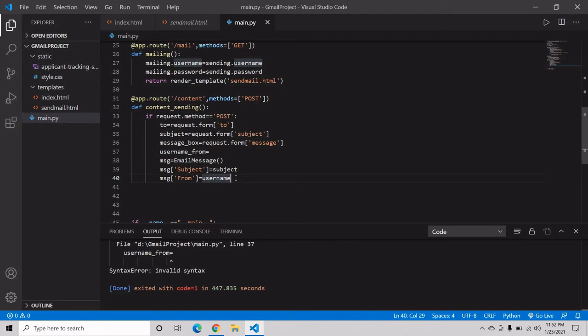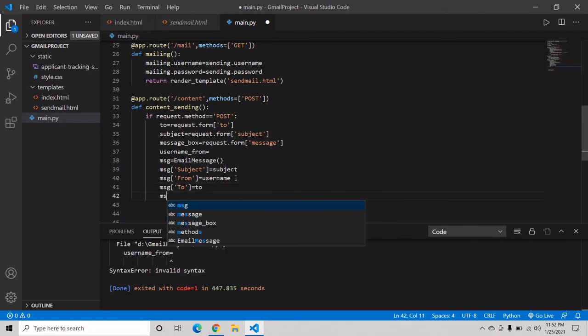Suppose, okay, now we have to set our message to also, it should be equal to our to. Now we have finally set our content, set_content, it should be our message box.